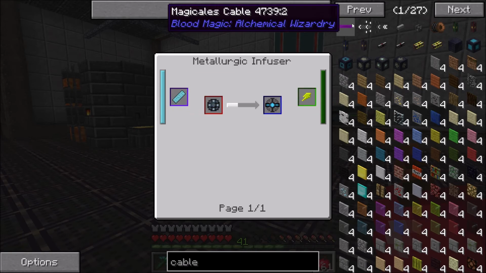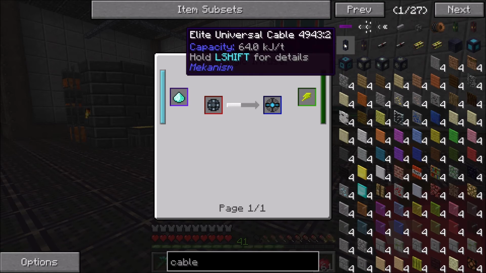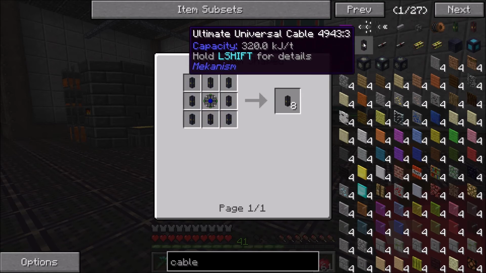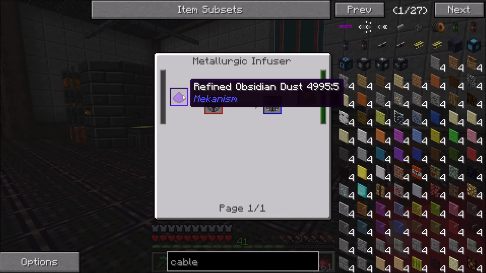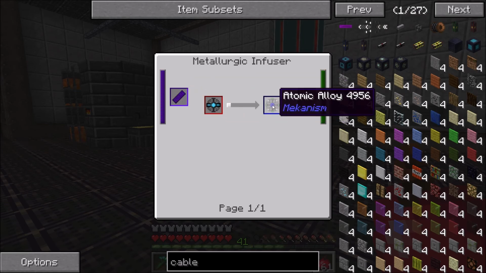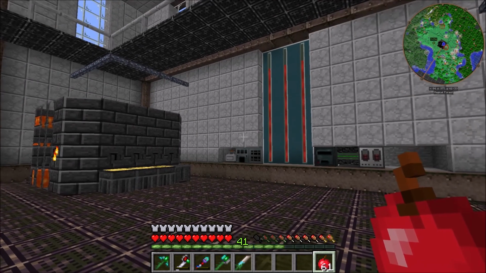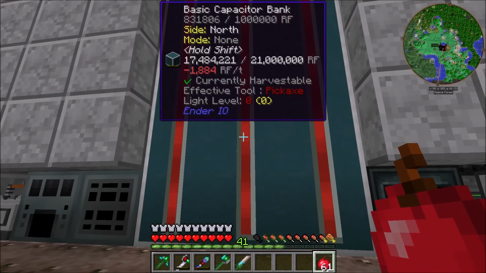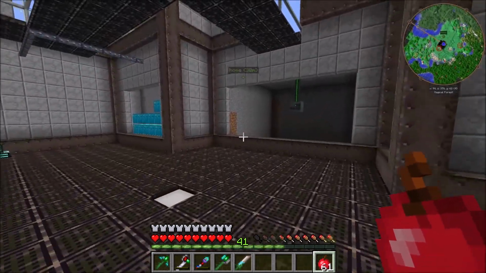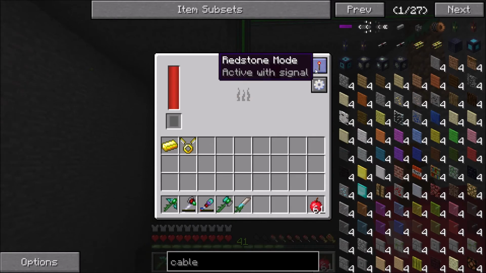However, it does require diamond dust. And then we can go to the ultimate universal cable, quadrupling from 64 to 320 kilojoules per tick. That requires refined obsidian and the reinforced alloy to go to atomic alloy. So that's not too bad. It's a little grindy, but not the worst thing in the world. And if we do that combined with a bunch more wind turbines, not windmills, wind turbines, there